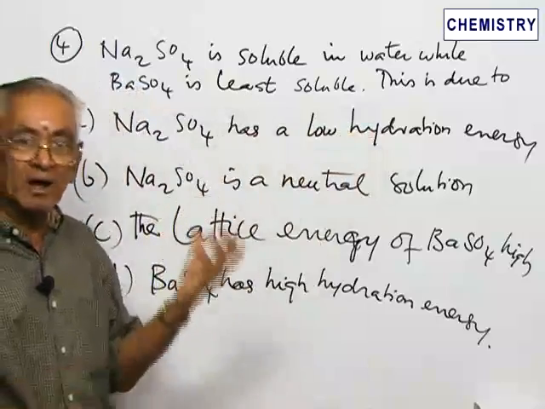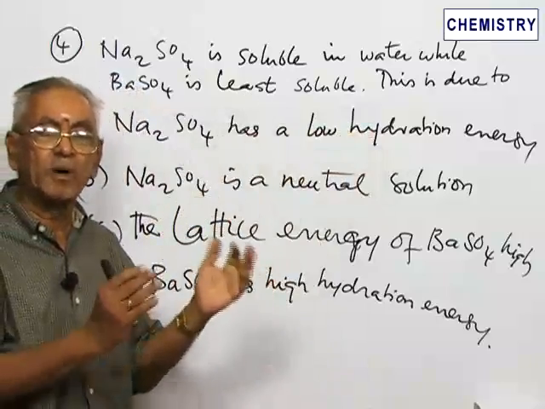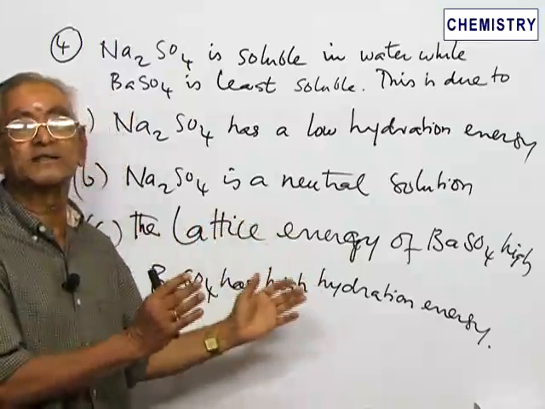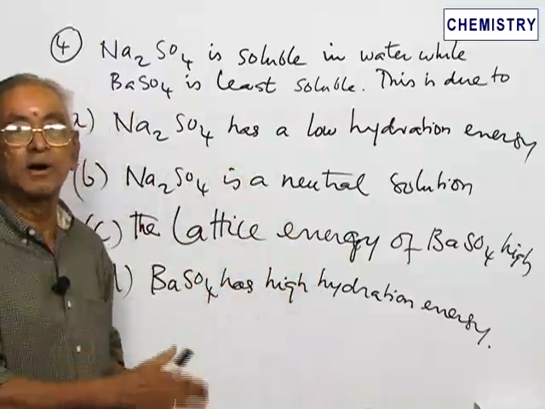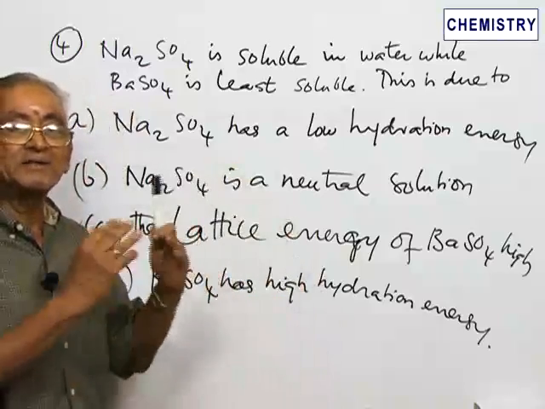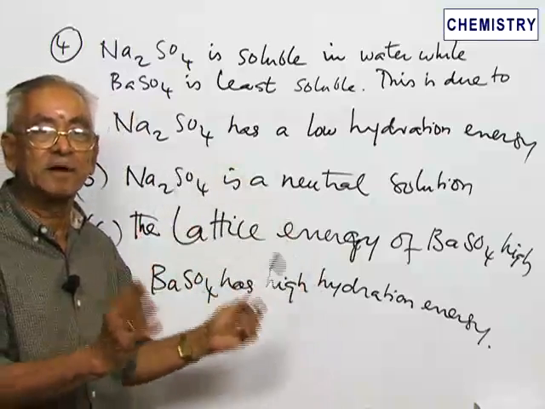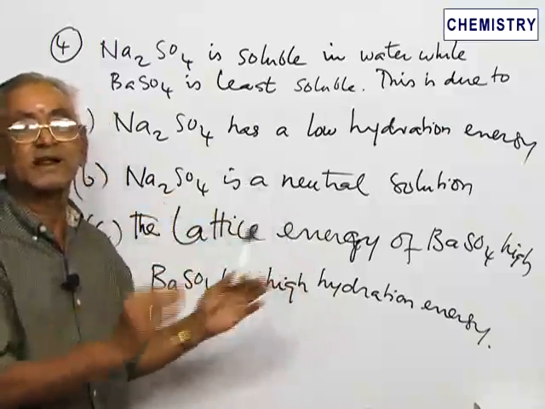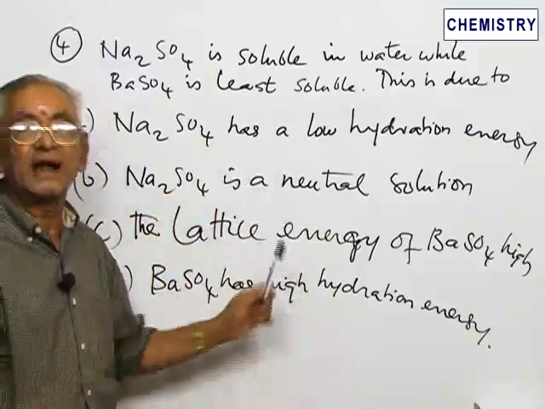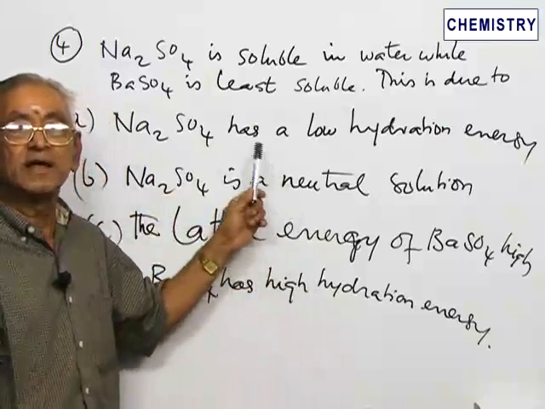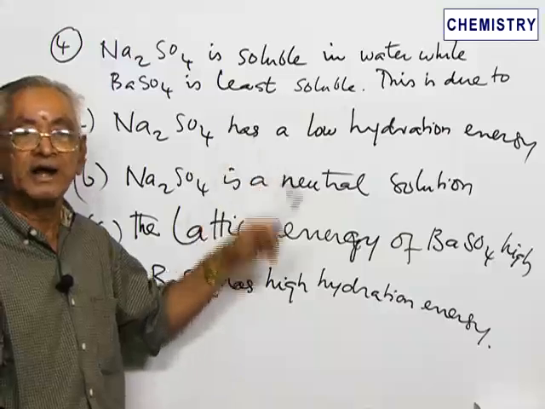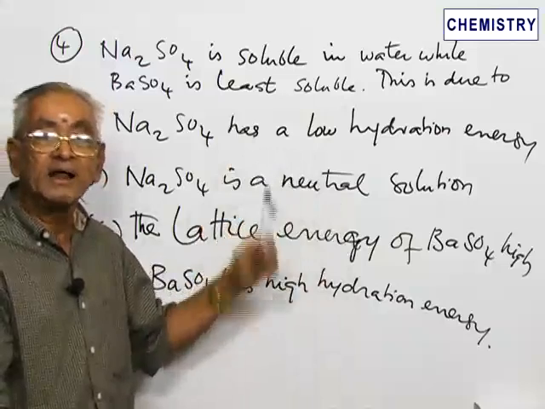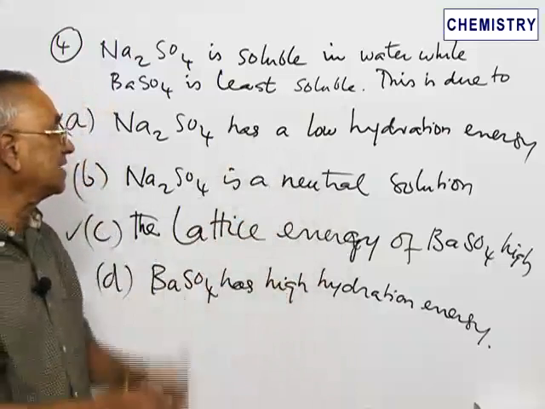A smaller ion, or a smaller cation, gets hydrated better and the solvation energy is high, so it is more soluble. For barium sulfate, the lattice energy is high. The lattice energy is related to the formation of the crystal lattice from the various units. Hydration energy is the amount of energy released when it undergoes hydration. A smaller ion gets a better hydration, whereas the larger ion gets bigger lattice energy.